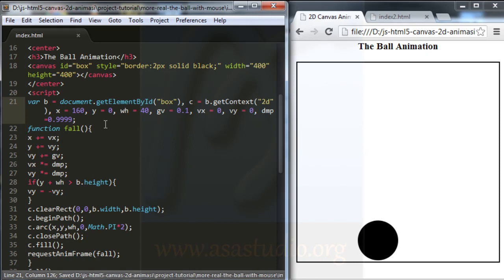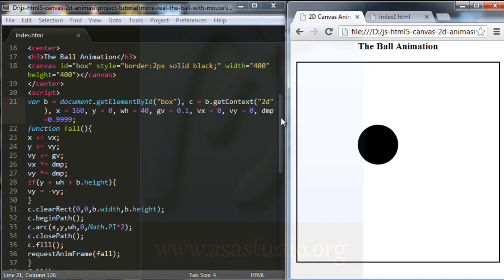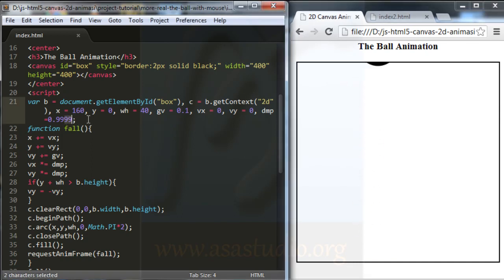Maybe I change DMP. Now I have the animation, but my damping, my collision is too high. Okay, like this. If you change maybe the gravity g here, you add a higher value, you have a faster animation of the ball.